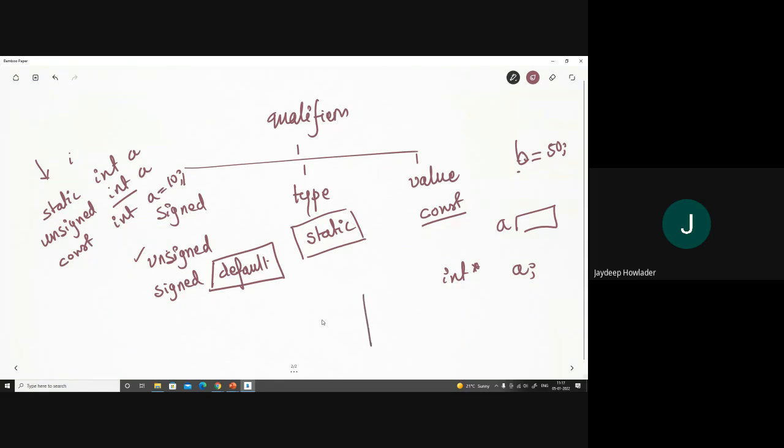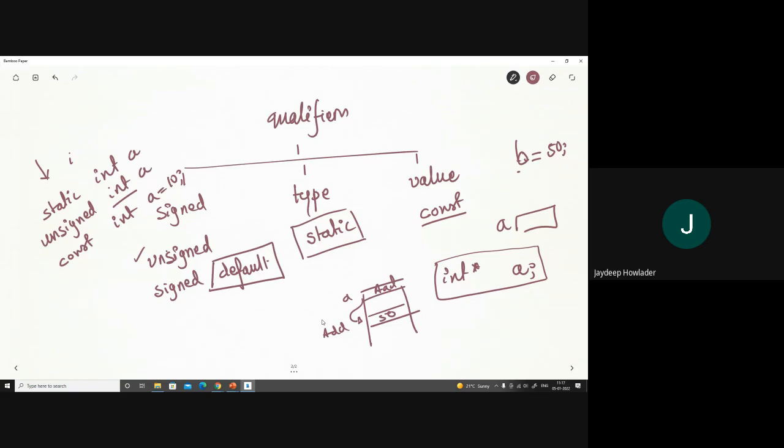In my memory, the variable b is stored at some address. And now a is a variable which captures the address of b. Then we call this an integer pointer. Okay? In the future classes we will discuss more about these things.